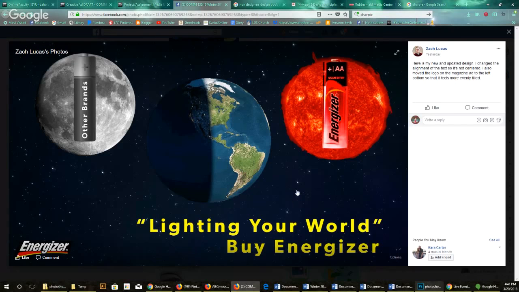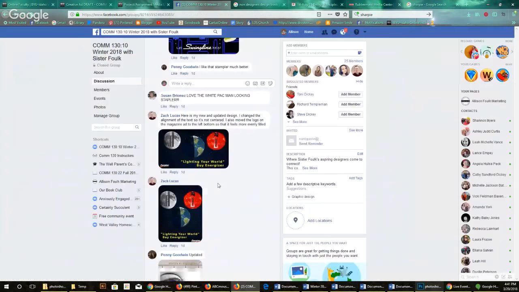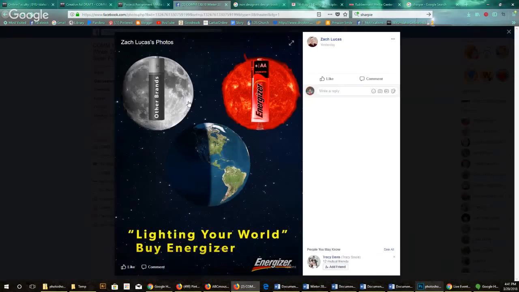And then let's take a look at your smaller one. I feel like the moon needs to be smaller. I don't know, probably not. It's probably fine. I would pull this down. See how the edge of your battery ends right here with the edge of the moon? Usually we want to avoid things like that. It kind of works in this case, but just to be safe, I'd probably move it down and have it more in the middle. And probably for this one too,